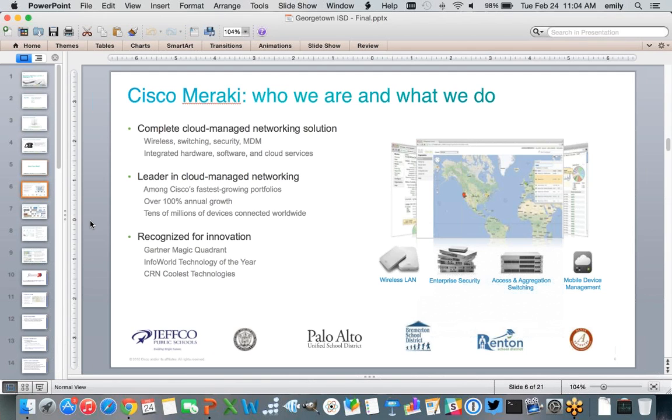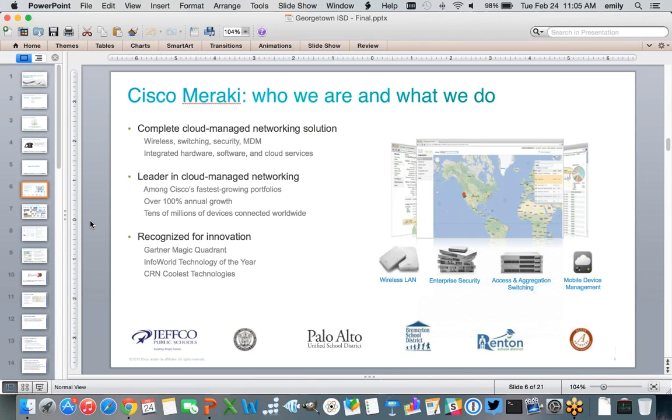All right, so a little bit about Cisco Meraki. For those of you who may not be familiar with us, Meraki used to be its own company. In fact, we were founded in 2006 by a research team from MIT, and while at MIT, they were working on a project called the RoofNet project, and it was called that because they were literally climbing on top of Cambridge apartment building rooftops, affixing wireless access points to them, and then trying to figure out how to manage those over the internet. And so that technology from that project became the foundation of Meraki, the company.